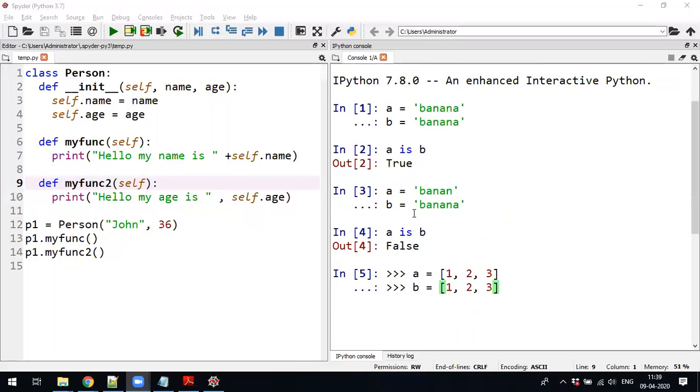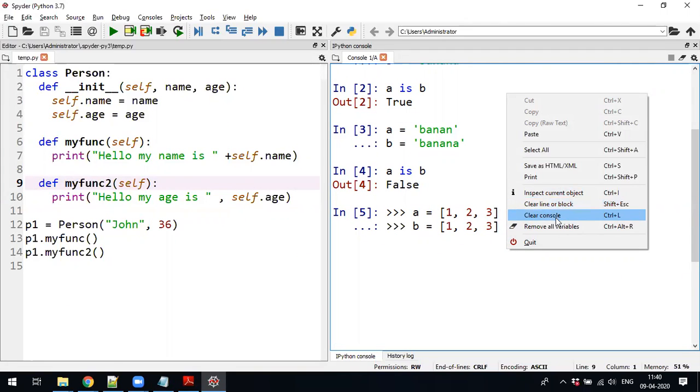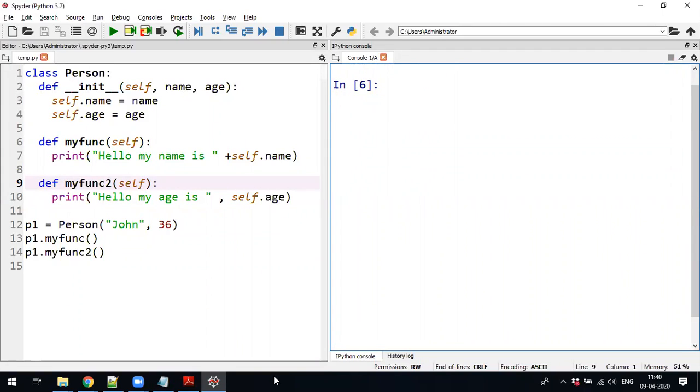I'll repeat it once again because I have not shared the screen. We'll see once again. There are two variables A and B, and two values, and in this case the values are the same. Let me clear it and show it once again.